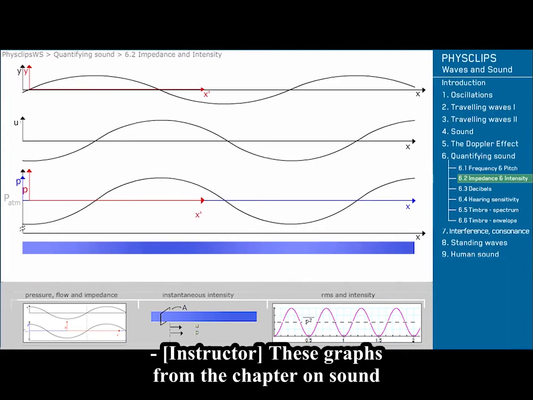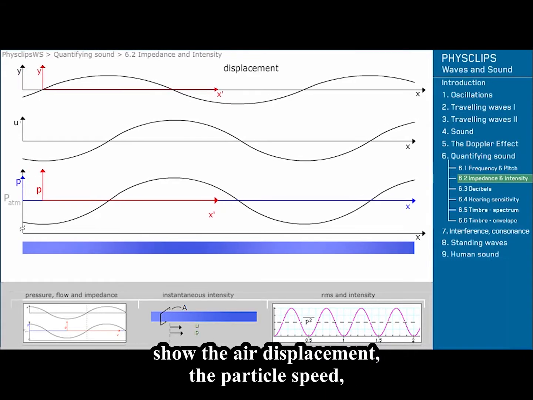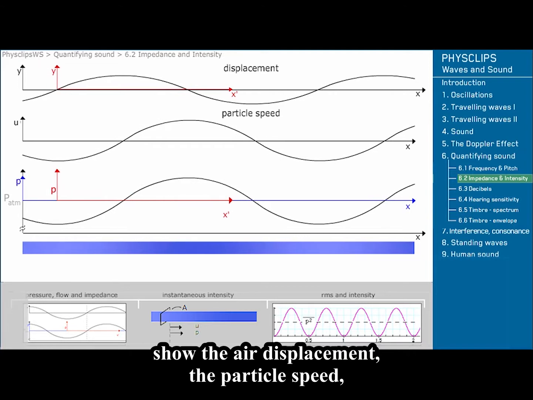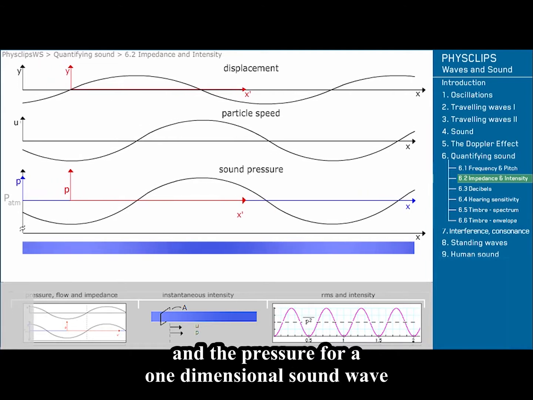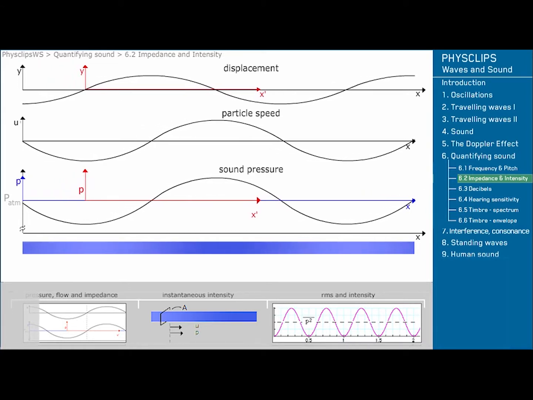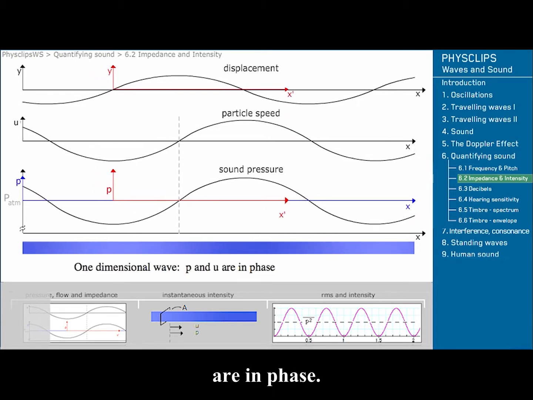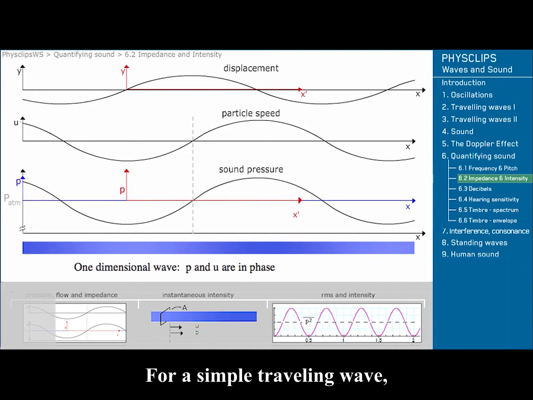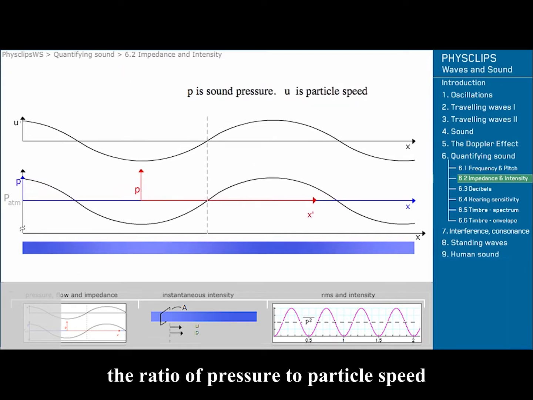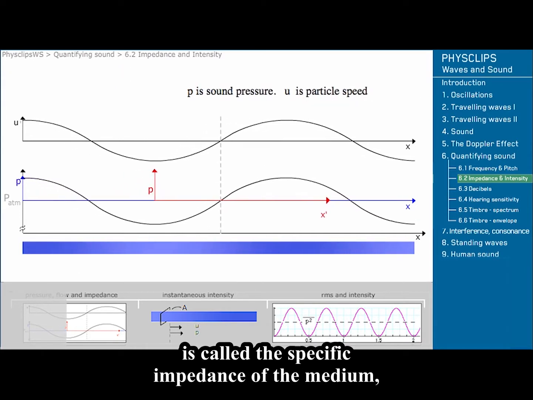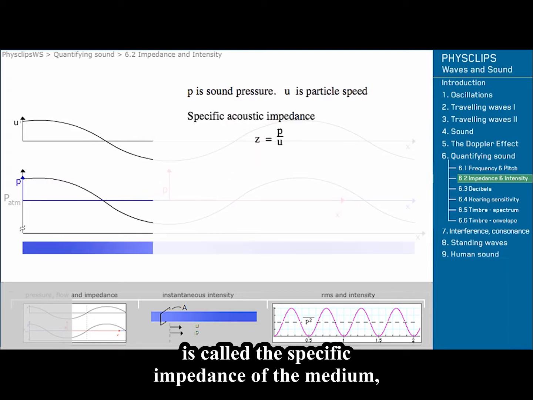These graphs from the chapter on sound show the air displacement, the particle speed, and the pressure for a one-dimensional sound wave travelling to the right. Note that the pressure P and the particle speed u are in phase. For a simple travelling wave, the ratio of pressure to particle speed is called the specific impedance of the medium,